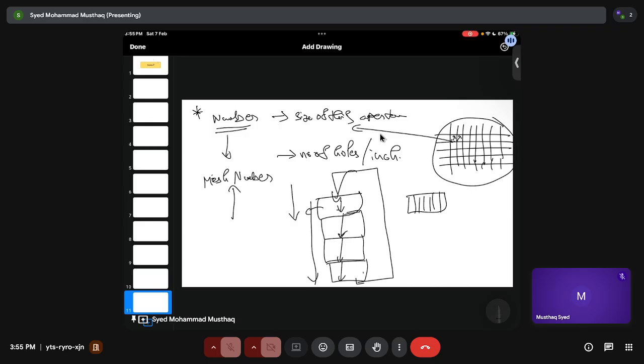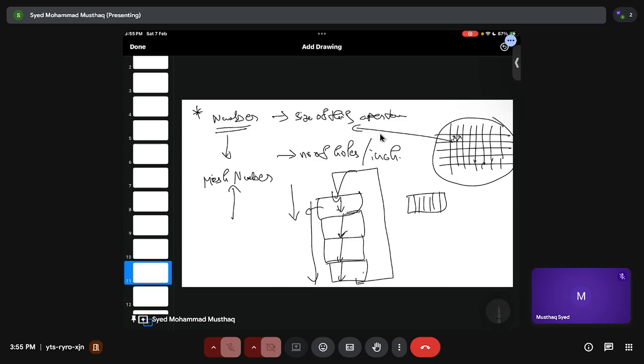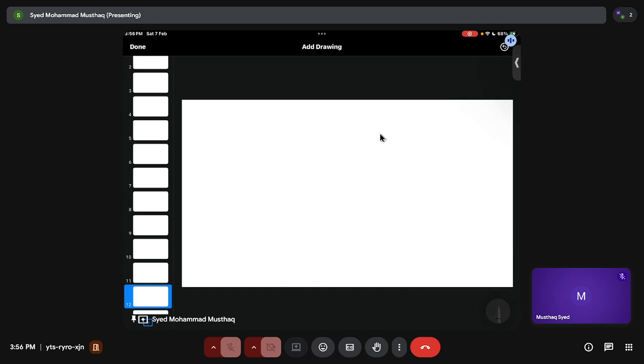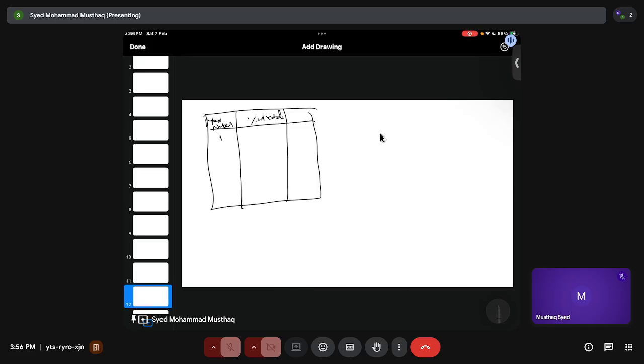Now how do we calculate this? How do we calculate the average particle size, right? To do that, we use this method based on the percentage of weight retained. Let's say you have a table. This is your table, and this is your mesh number. This is the percentage of weight retained. Then it is your cumulative,